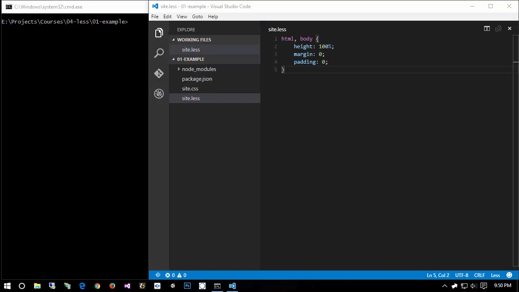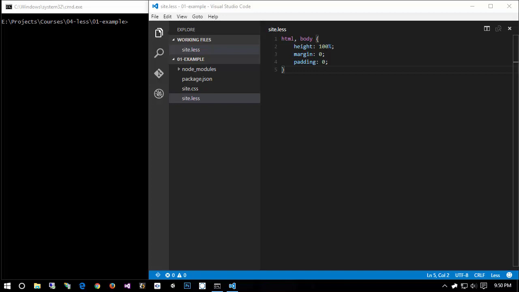So we're not going to look at all the features of Less, obviously. There's great documentation, as there is on most of the tools we've been talking about, but we will see a real-world use of how we might style an application using Less. These features I'm going to show you are the absolute most important things you're going to want to work with, and you're going to immediately see how working with Less is significantly more productive than working with